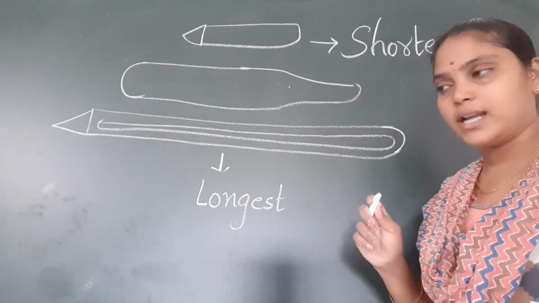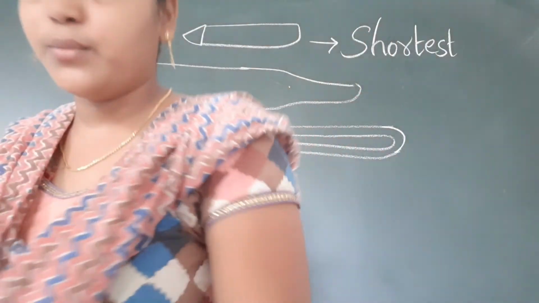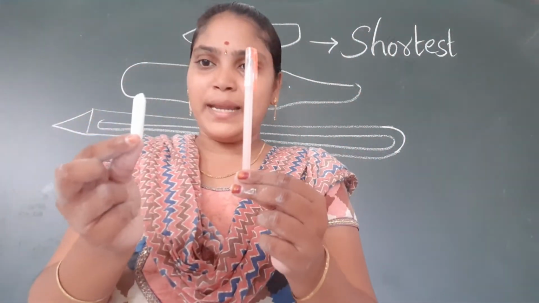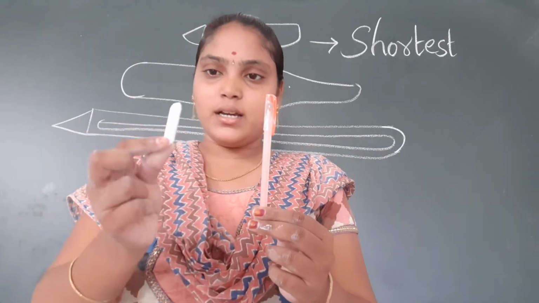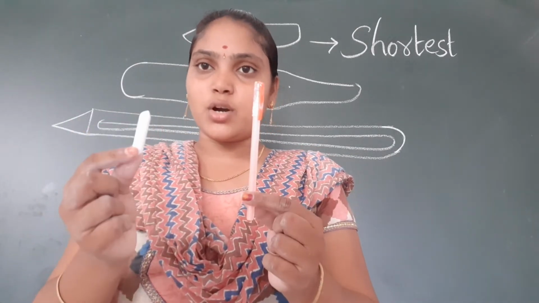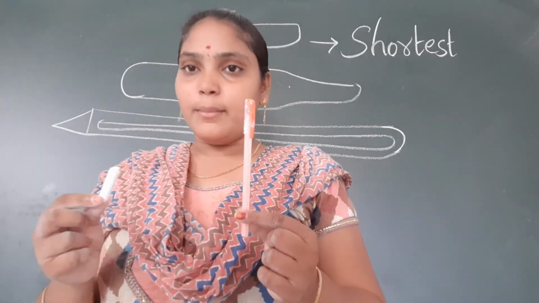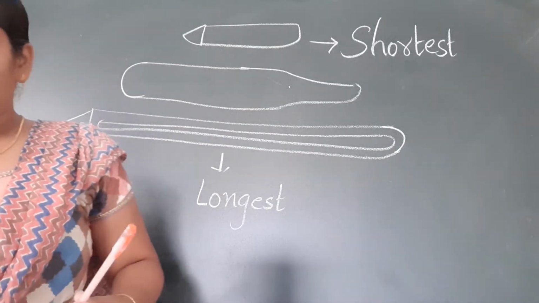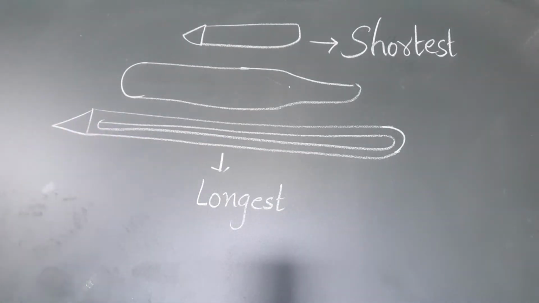Is this clear, children? Yes, children. So now I am showing one more thing. When we compare pencil and pen and chalk piece, we can say that pen and chalk piece is shorter and pen is longer. But when we compare more than two children,